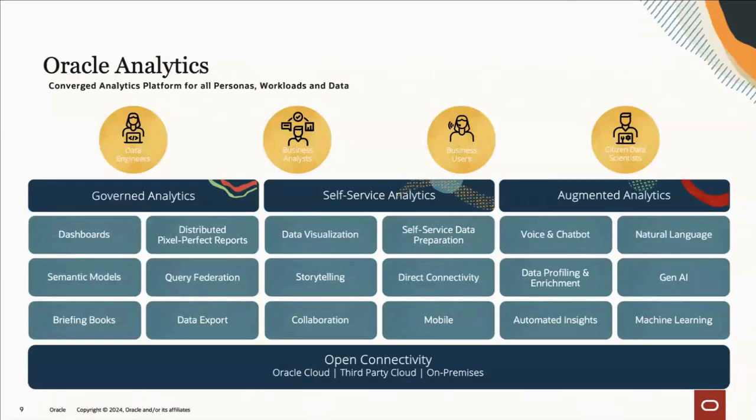When it comes to Oracle Analytics, I like to look at the analytics in three main buckets: governed analytics, self-service analytics, and augmented analytics. Starting with governed analytics, this is going to be the ability to take a look at this kind of single pane of glass tool and say, okay, these are the different models I have, these are the different users I have, these are the different formulas, etc. that I have. Here are how I want them to be used. And I will have the ability to do that. I can create a system that is going to exactly fit my enterprise needs.